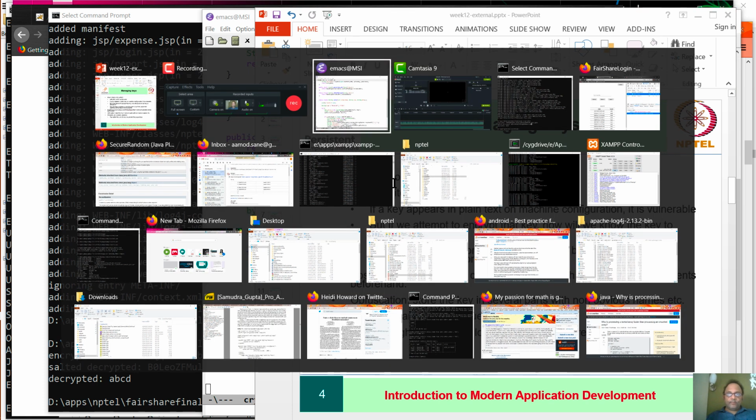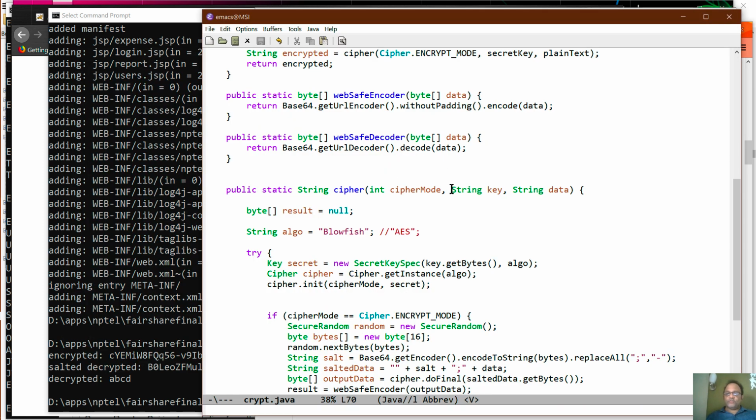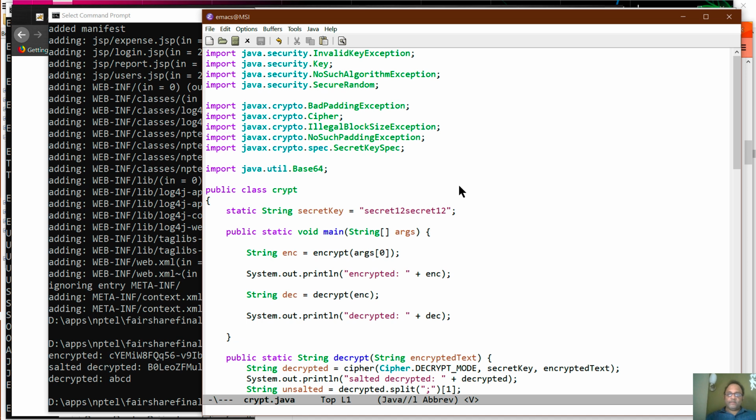One problem that has to be solved is that any encryption takes a key, and in our toy application, I just have a secret string called secret12. It's a 16-byte key because there are situations where you have to have that many bytes and so on. If you happen to use this kind of a library,